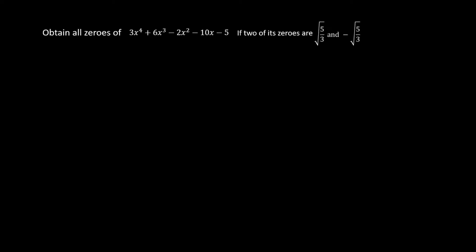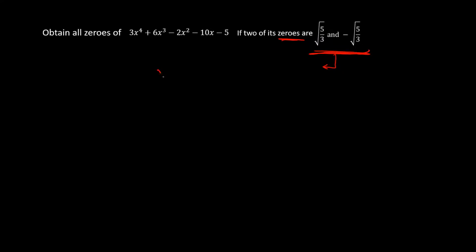Obtain all zeros of 3x power 4 plus 6x cube minus 2x square minus 10x minus 5 if two of its zeros are under root 5 by 3 and minus under root 5 by 3. Now basically if the zeros are these two, then the factors or the form of these in x,